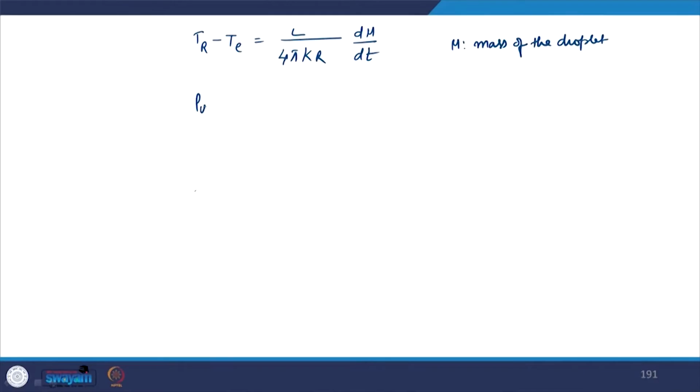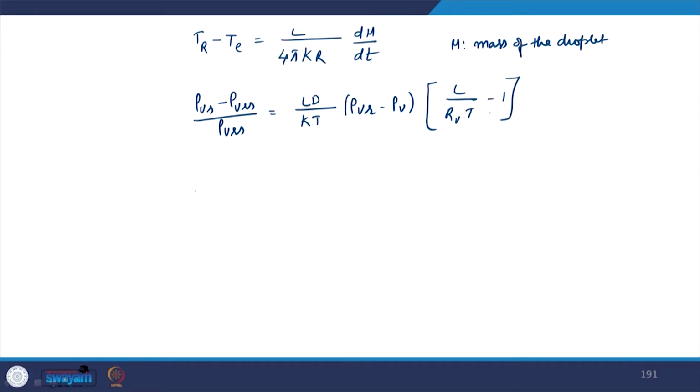So, we can now combine these three equations as (rho_vs - rho_vrs) divided by rho_vrs is equal to L d by K T times (rho_vr - rho_v) times (L/(R_v T) - 1), right,